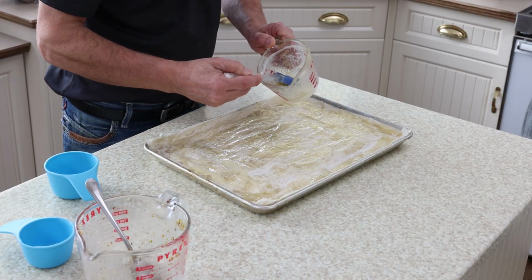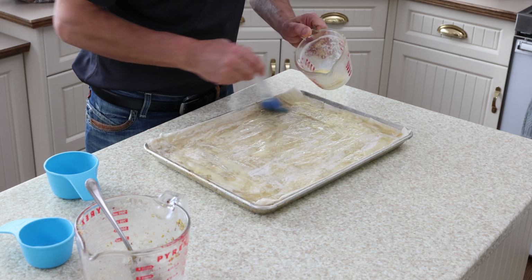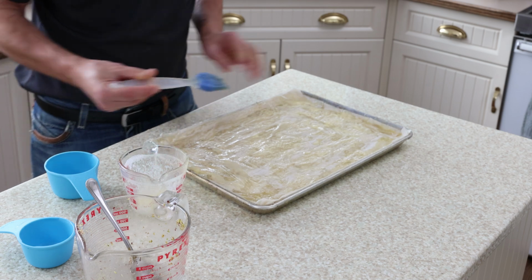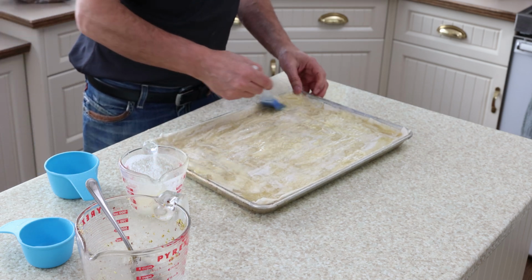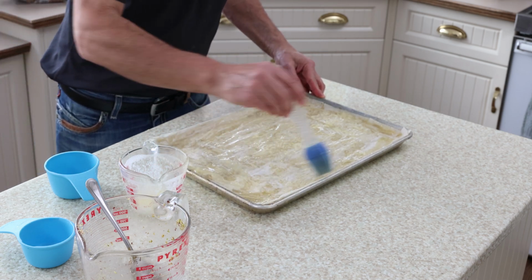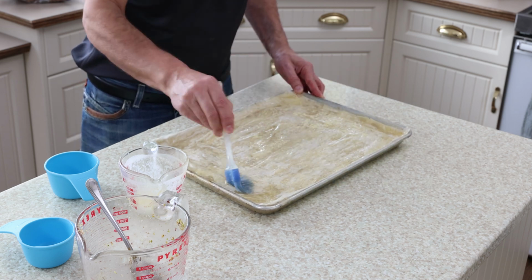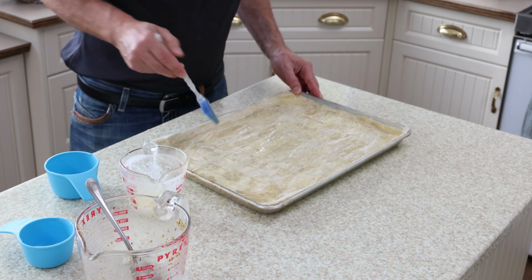So you're not using the entire amount, but the best is milk. Actually, it just separates. That's what butter is based on anyway, so that is fine. So now you've got it all brushed up, and